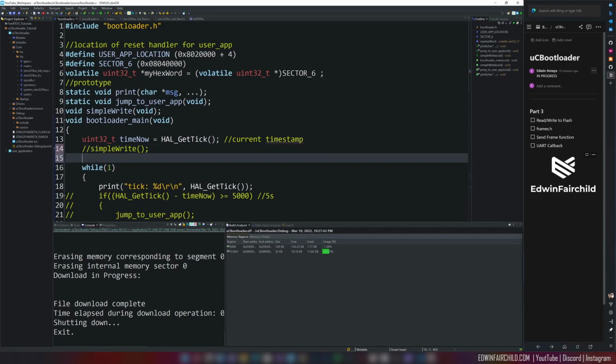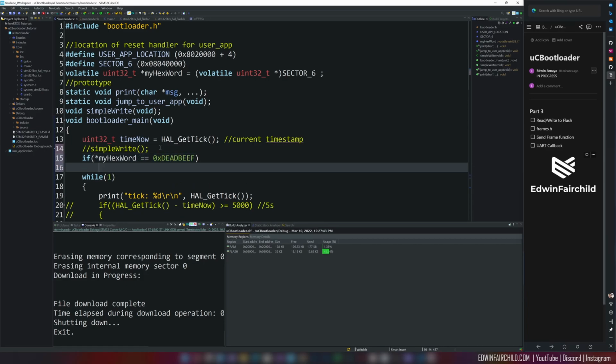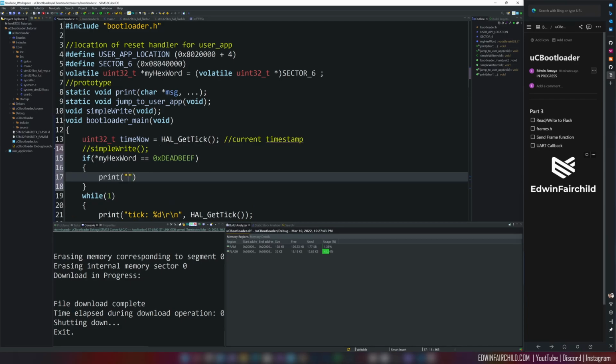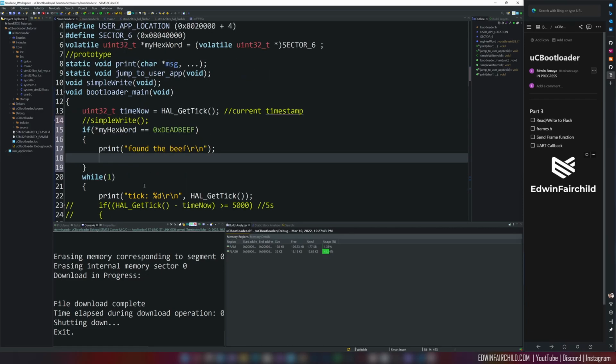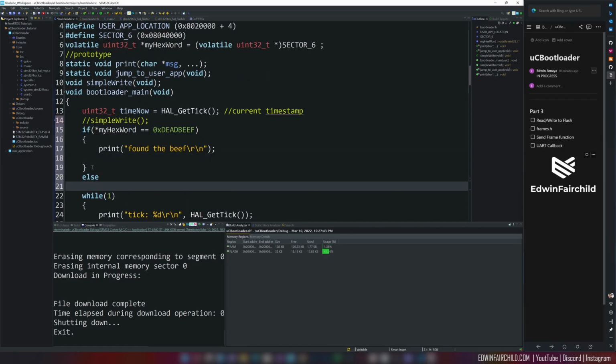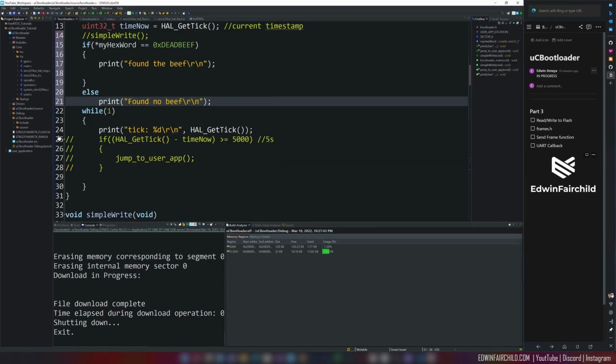Print. Let's see. If my hex word is equal to 0x dead beef, then print found the beef, I guess. Else, print found no beef. Okay, so now let's just run this, and instead of pausing there, we'll just pause right here, and we'll see